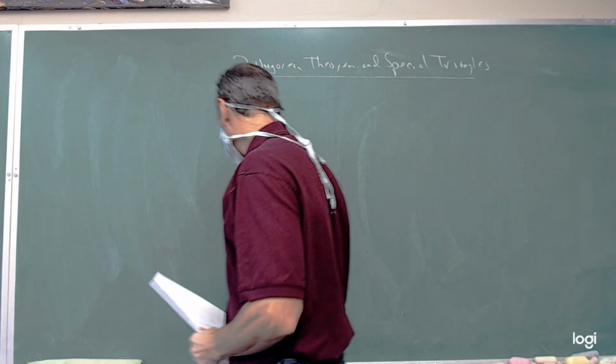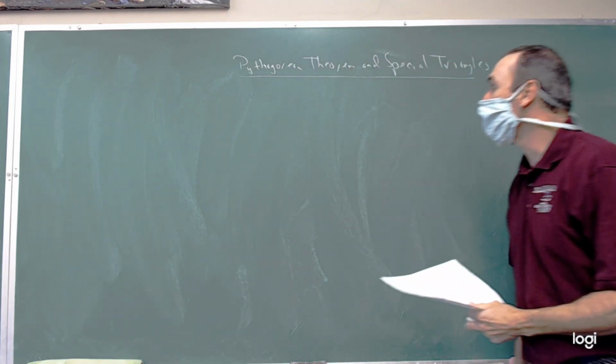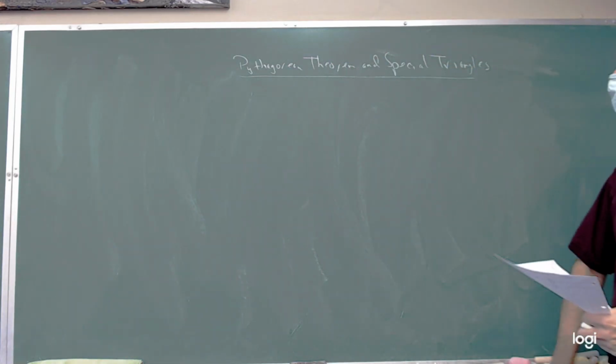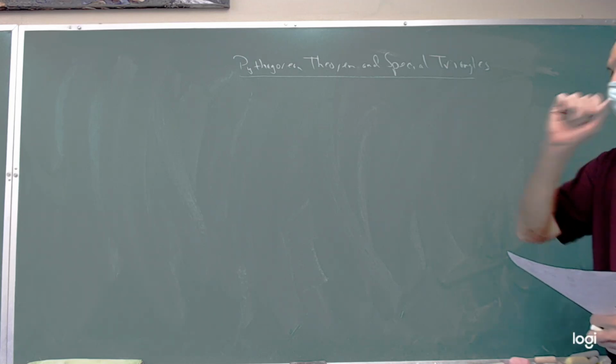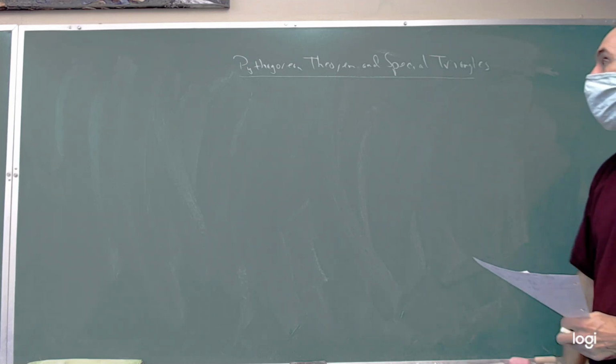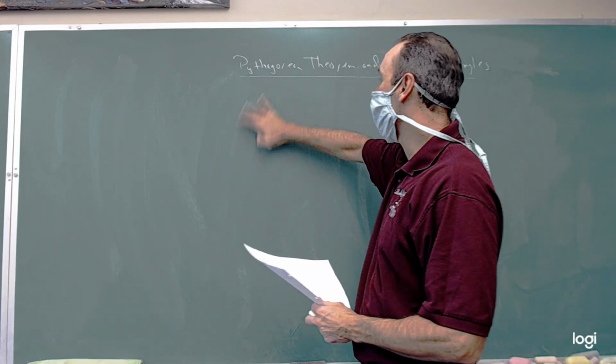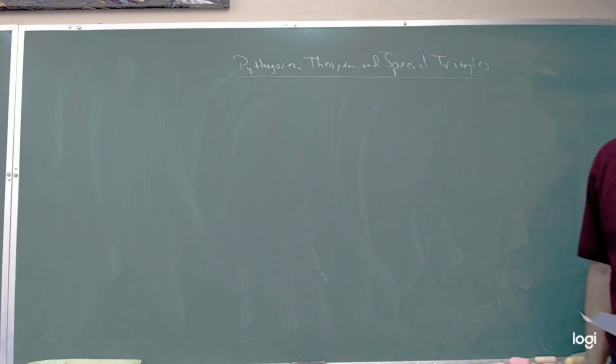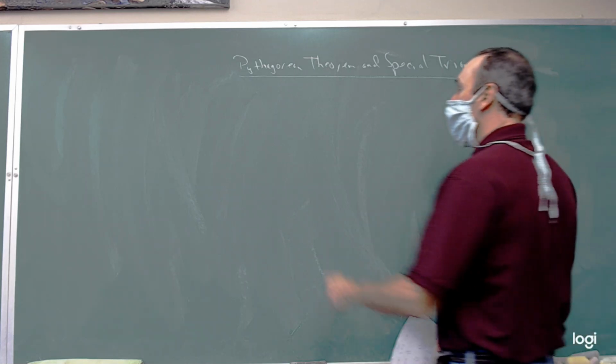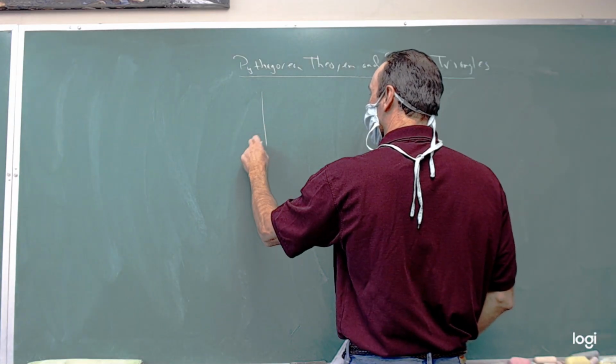And the Pythagorean theorem is old. This goes back, I think, to 1000 BC, or Pythagoras was a Greek mathematician, but there's evidence that the Chinese knew about it even earlier than that. It's been around a long, long time. So we know that in a right triangle,